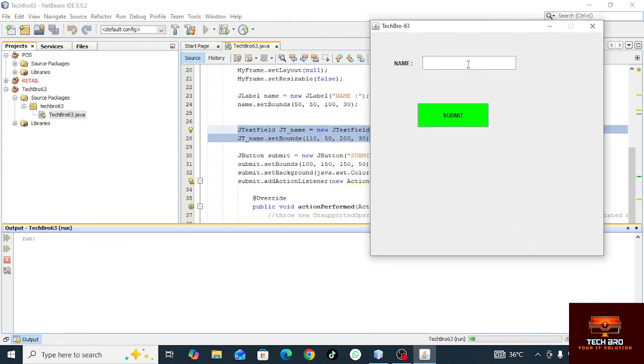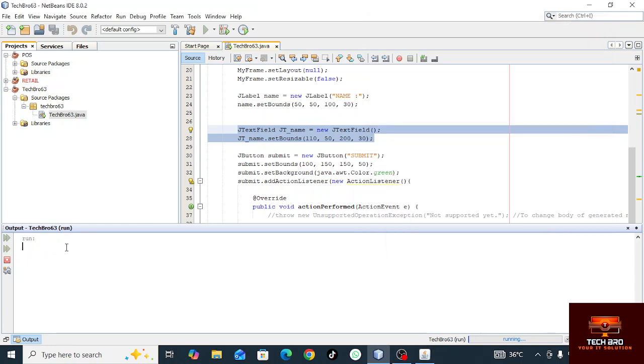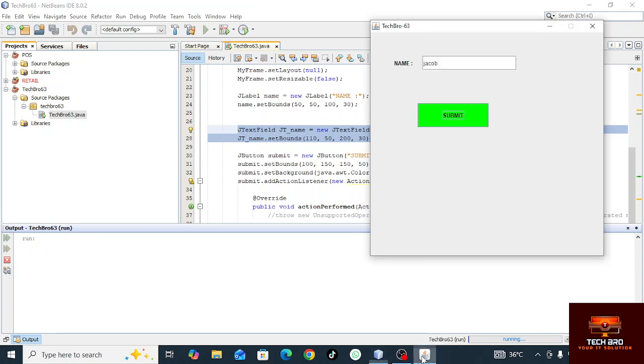This is our text field. So when we enter our name, for example, Jacob, here, and we click our button, we need to capture this name and print it here in the console for the meantime. For example, when we click here submit, we want to print it here in the output. So for us to be able to do that, we will need to